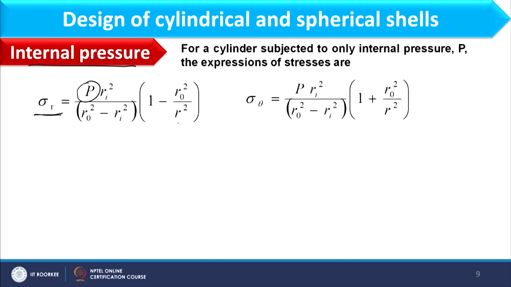Now, if I focus on these two, here I have only one pressure, that is internal pressure, and the variable in both cases is r. Now, if you consider the expressions for sigma r as well as sigma theta, which will give the maximum possible value? Obviously, when we compare these two expressions, sigma theta will give the maximum possible value, and that value would be maximum when r is equal to Ri. I hope you are getting it.